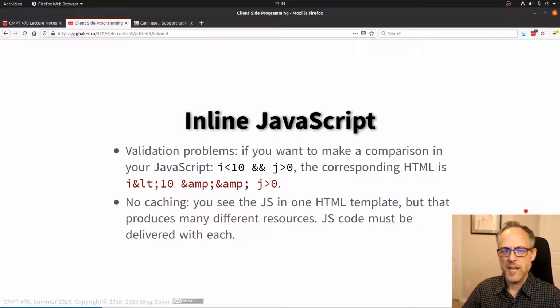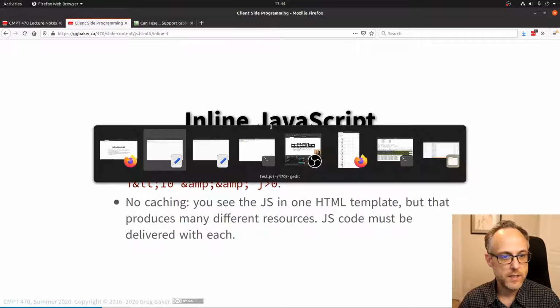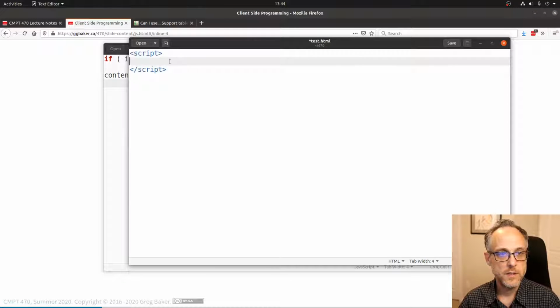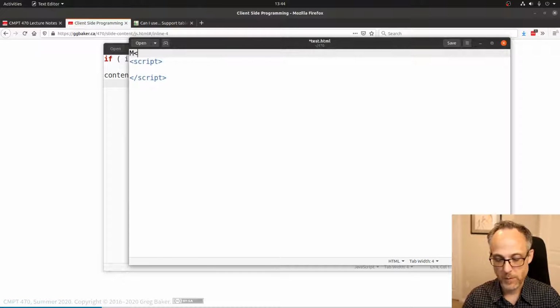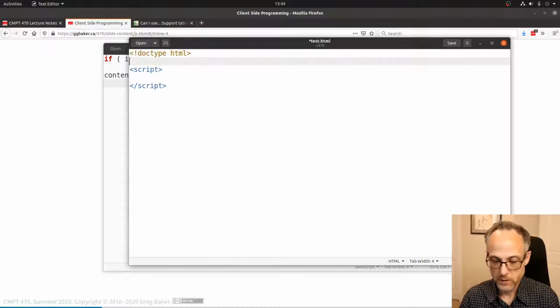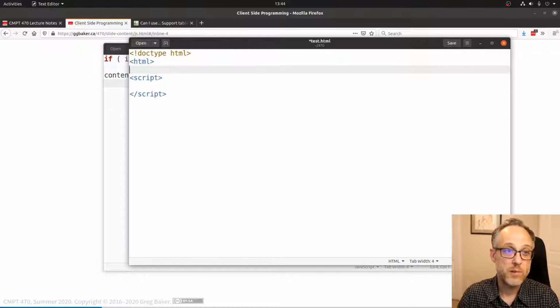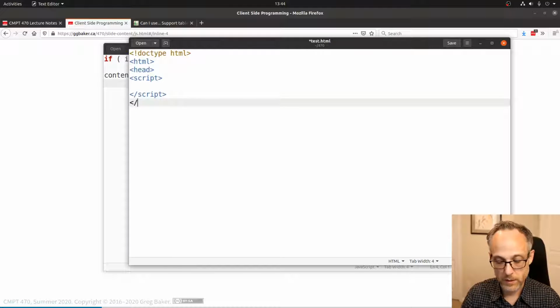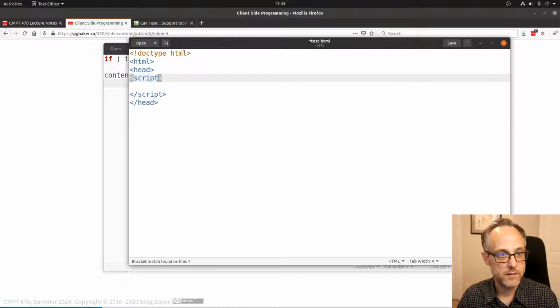You also start to hit a caching problem where, especially if this code is big, right? I'm imagining here we're in some kind of HTML, probably a template, right? Probably this is part of my template that is like,